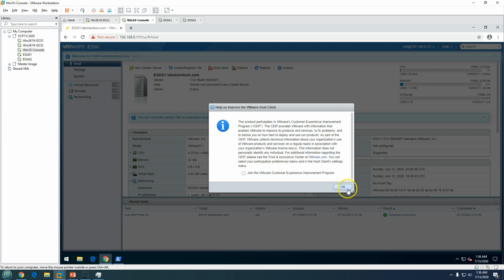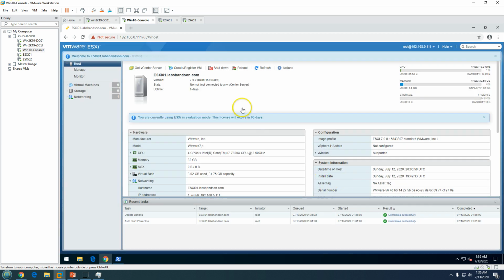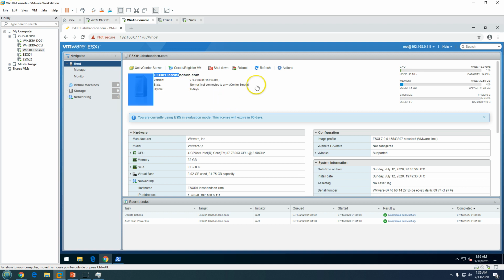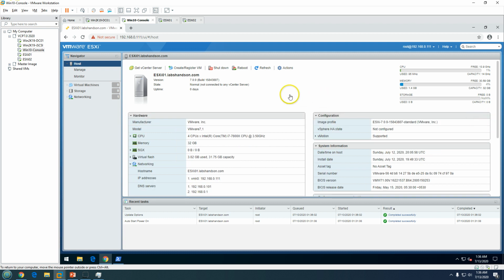I'm not going to join this. You can see now I got access to my ESXi host, and you can see the host name, which is ESXi01.labshands-on.com, and this is the version and build number and uptime details. You can definitely restart or shut down the host from this console, and you can see this is running in evaluation mode, which is fine for a lab.